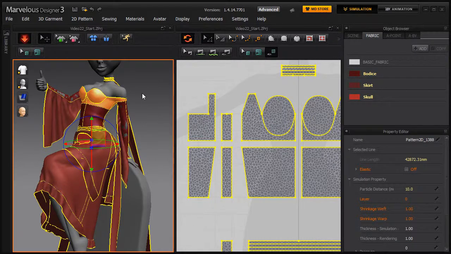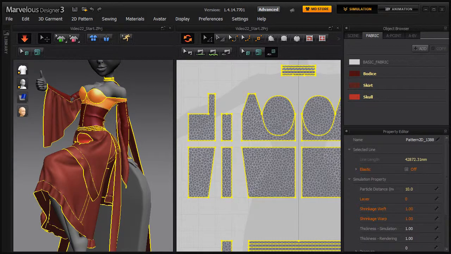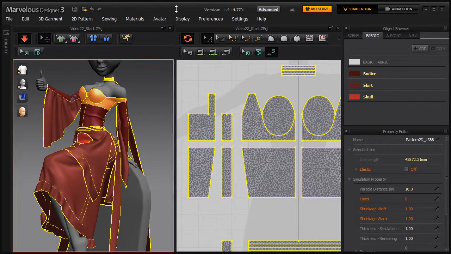Now if we click simulate, we have to let it simulate again just to update and add in this extra geometry. It's got all this extra geometry in there, so it needs to start using it. So it also needs to do a bit of recalculating. So you just leave that, let it go for a while. I'm just going to stop this here, but what you should do is just let it run for a while just so it all relaxes. But a particle distance of 10, it looks good, looks okay,